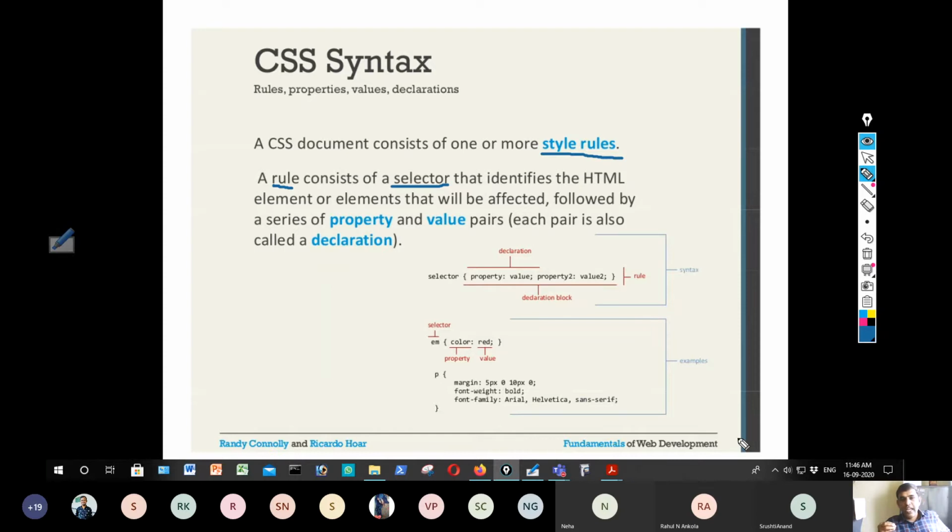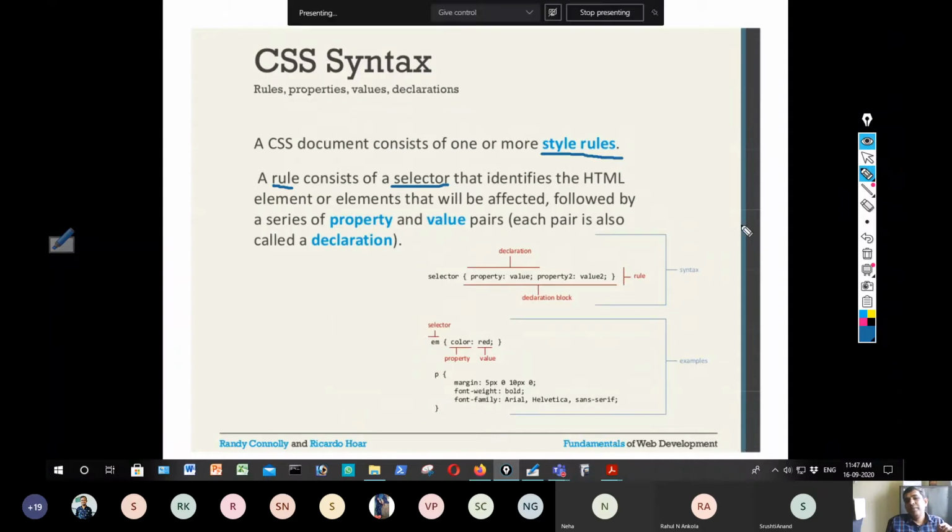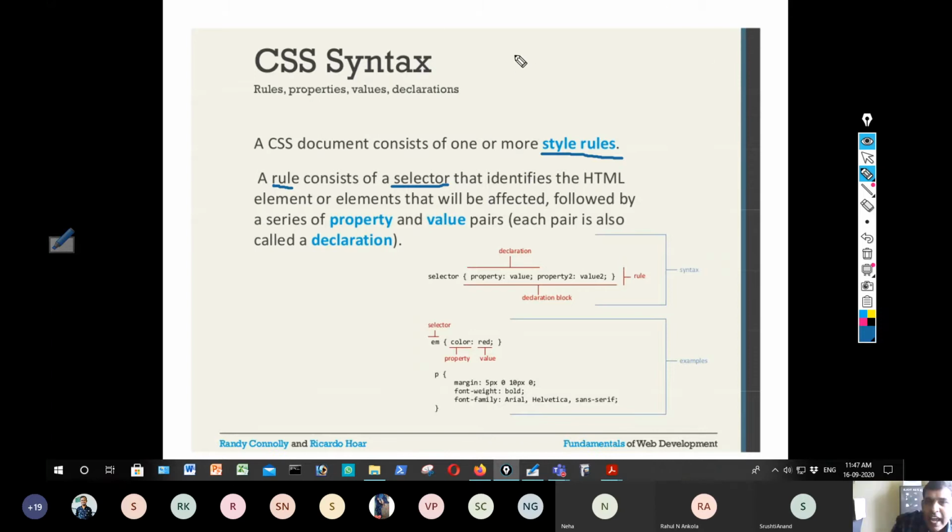That means, if I want to give a style, to which element should I give this style? I may want to give a style to the paragraph element, the P tag, to the H1 tag, to the emphasis tag, or to the div tag. So you need to specify to which element you are giving this style. In a rule, the selector is the one that identifies the HTML element. For example, for a paragraph tag I can write something like this: P